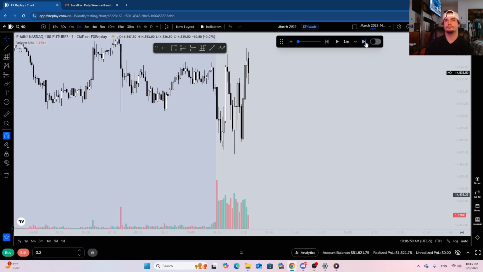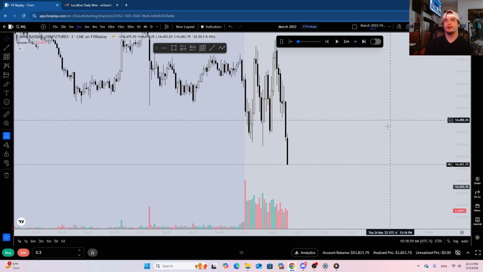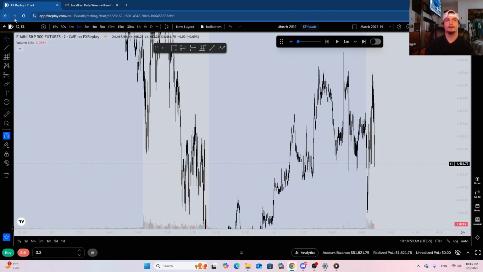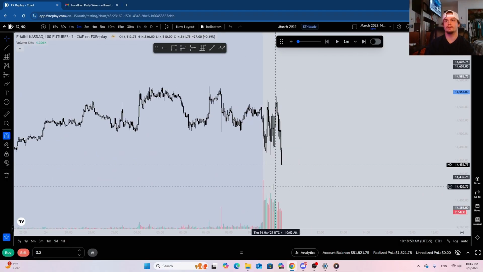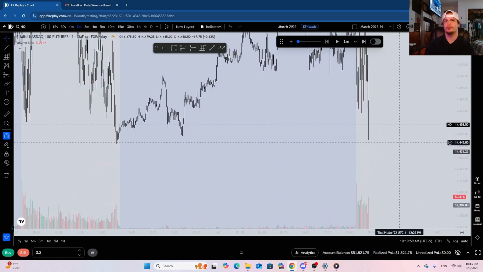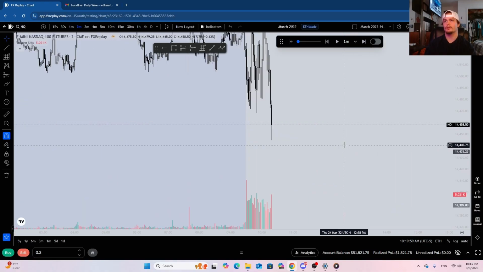Just chopping around. All right, so we get some displacement. We accumulate. I'd like to see these lows get taken here. So it looks like NASDAQ is going to end up taking these lows before ES. So we do that right here. We edge previous day low, but we do take out Asia low.